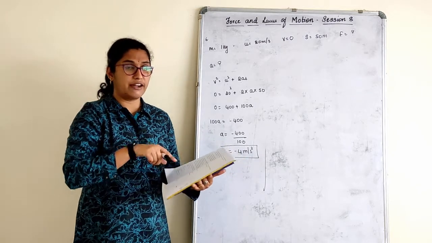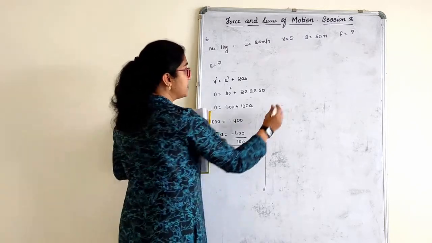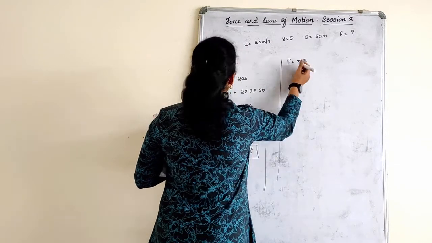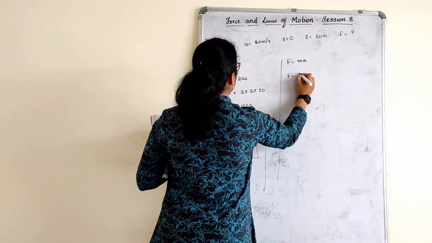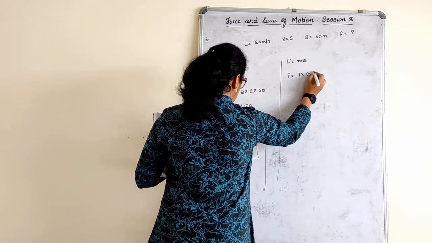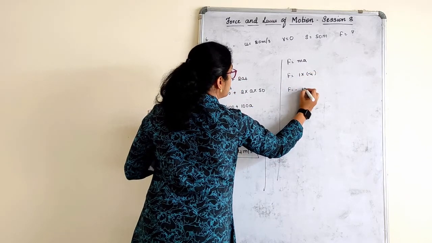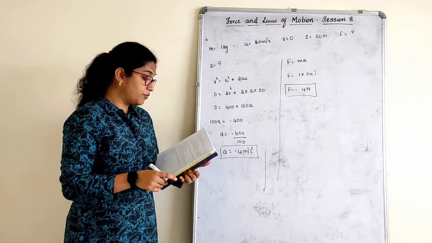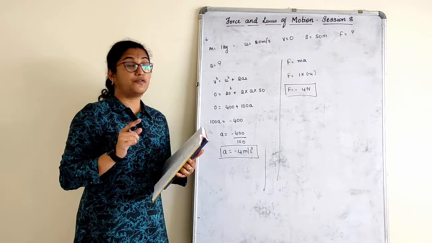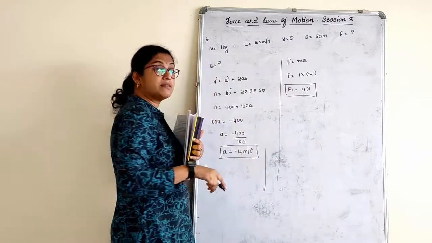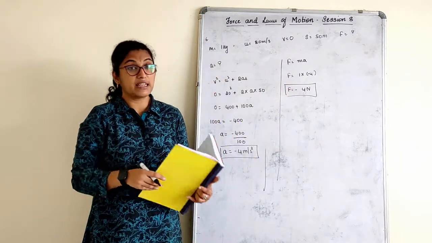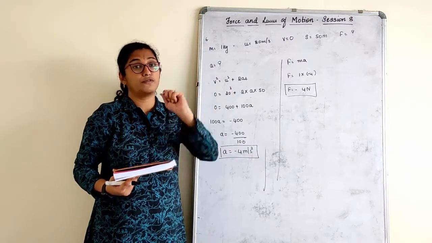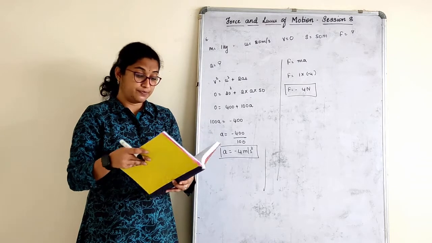Now the same question, after this. a is minus 4. Then write F is equal to ma, second part. Force is equal to mass, 1, into minus 4. Force is equal to minus 4 newtons. Give the conclusion if you want: frictional force is minus 4 newtons. Yes, frictional force can come as minus newtons because it is a force which is acting opposite to the motion of an object.